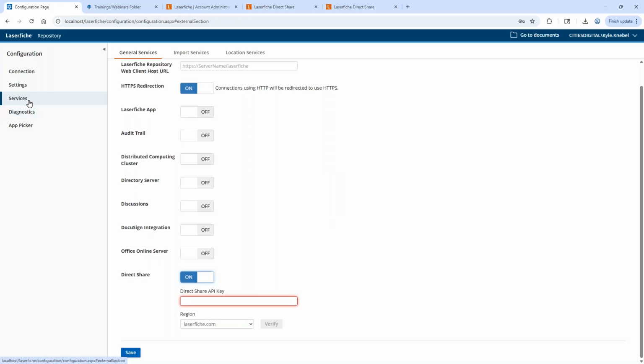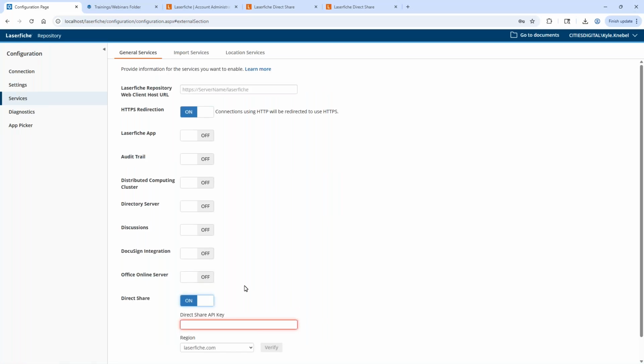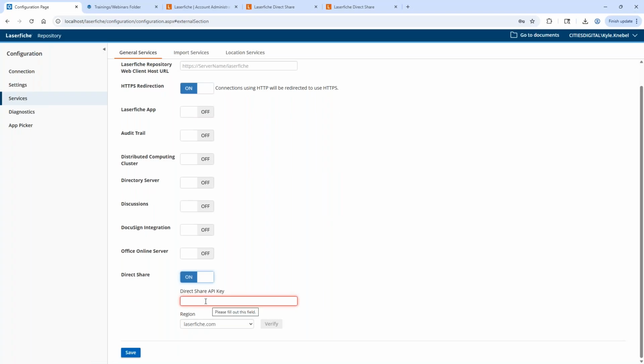So an IT member or Laserfiche administrator who has access to the Laserfiche configuration utility on that Laserfiche server will have to go to this services area, and down on the DirectShare toggle, as we see here, they'll toggle it on and then paste that API key value in here,